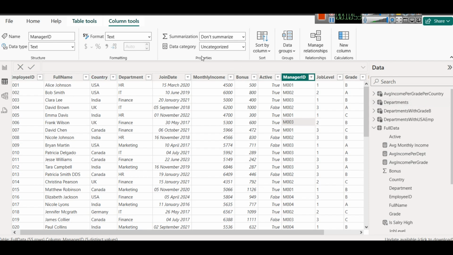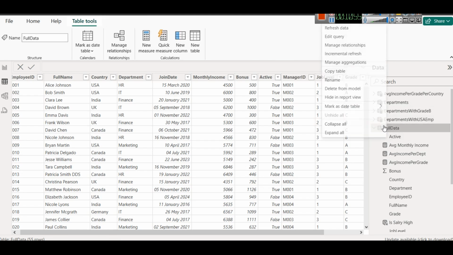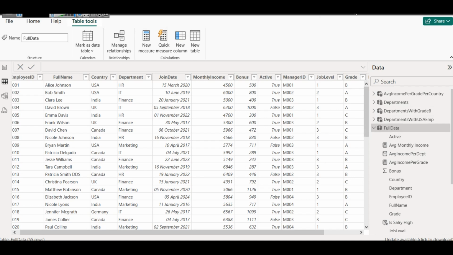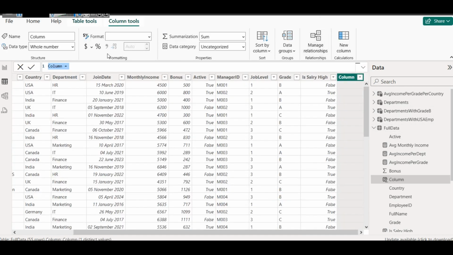If I go to full data and create a new column and I write imp data, something like that, and if I write concatenate, it is asking for text 1 and text 2. So I am selecting text 1 as